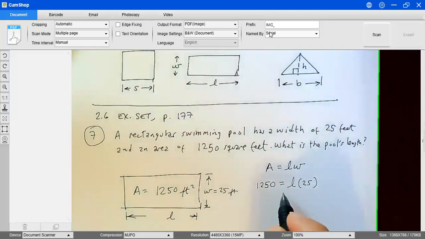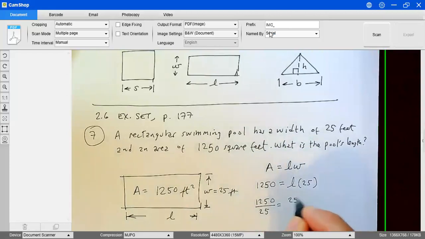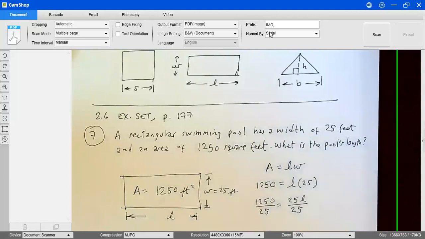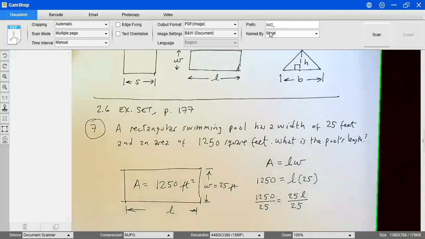How do you solve for L? In this case, you know that the coefficient is 25, so you need to divide both the left-hand side and the right-hand side by 25. That is the coefficient, so that's the only thing that we need to do here. We remove the coefficient by dividing by the coefficient. So we're gonna get that 1250 over 25 equals L. You can use your calculator. You're gonna find that the length is